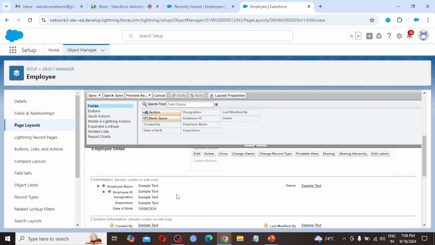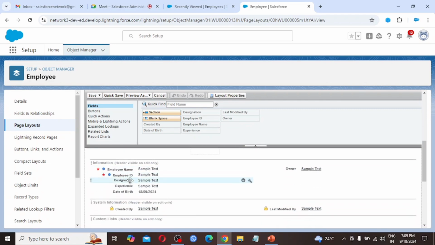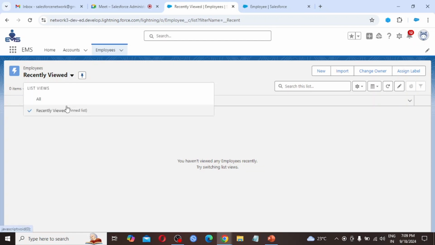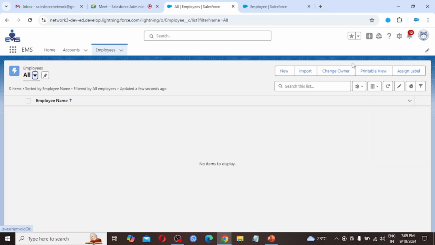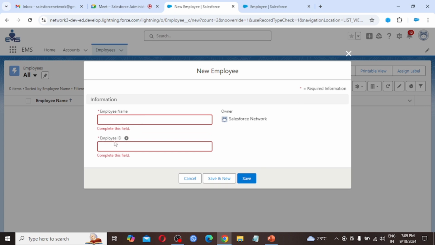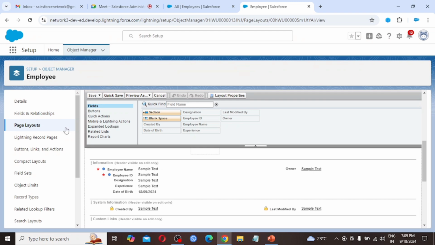Scroll down. Here it is available: employee name, ID, designation, experience, date of birth, all is available here. Why is this not showing? One field we are able to see, employee ID, but the next ones we are not getting.